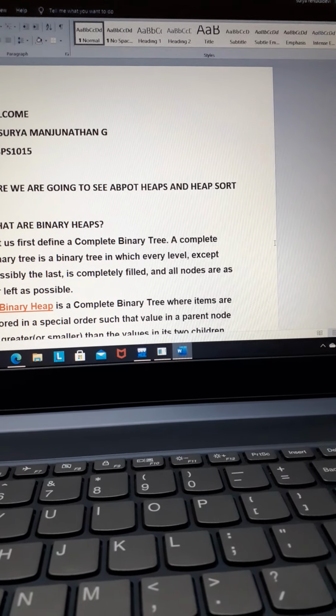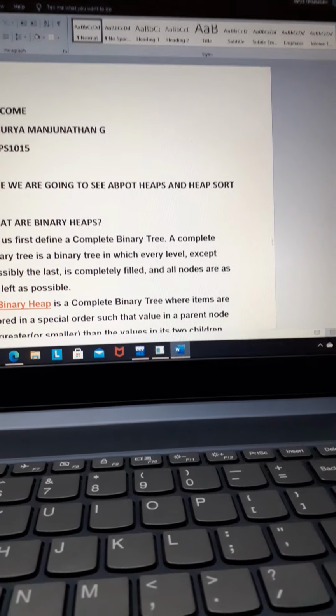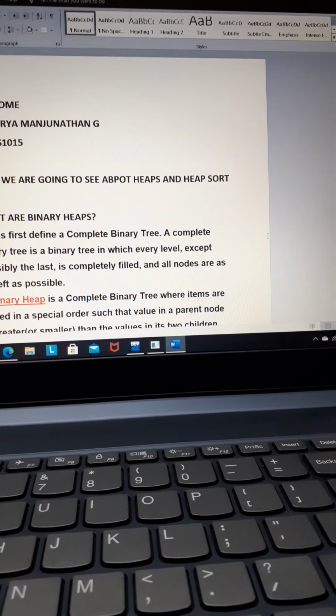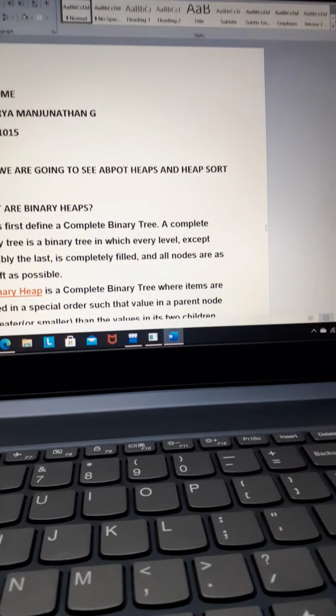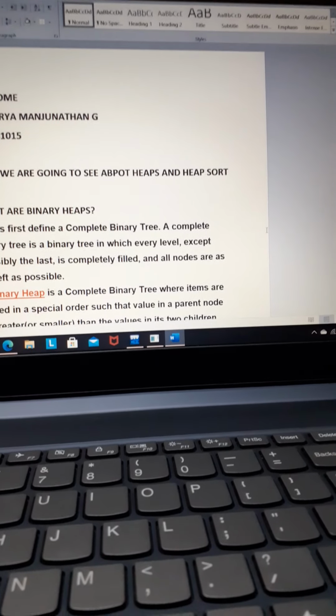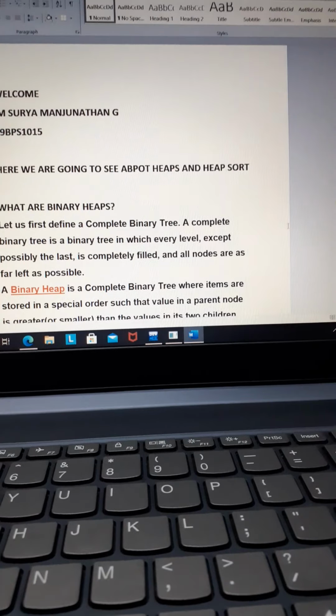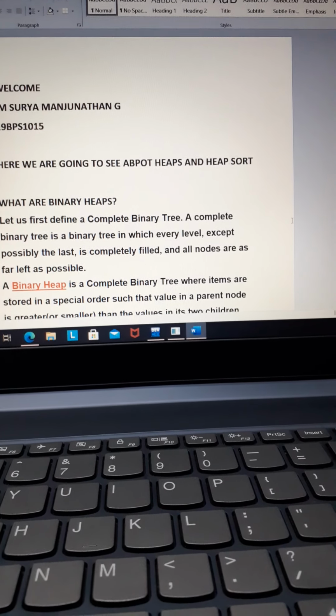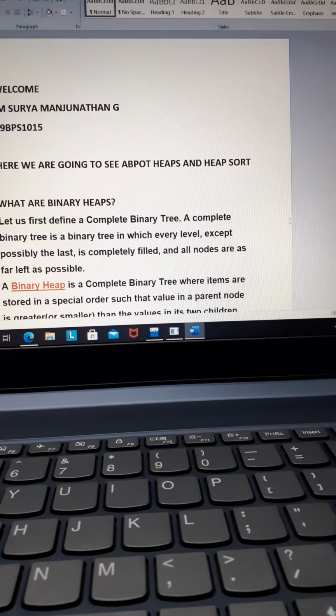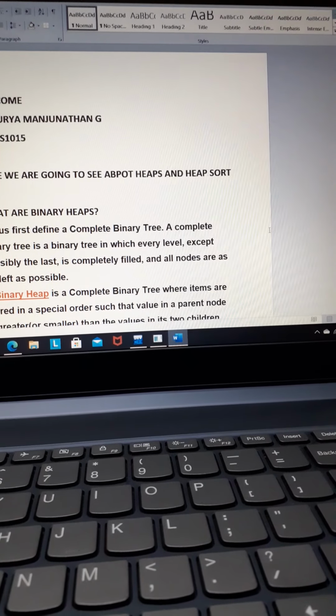That's why we are coming with sorting techniques like merge sort, quick sort, and then now heap sort. So heap sort, actually we can see the big difference. The main difference between heap sort and quick sort is that in quicksort, the worst case scenario is big O of n square.